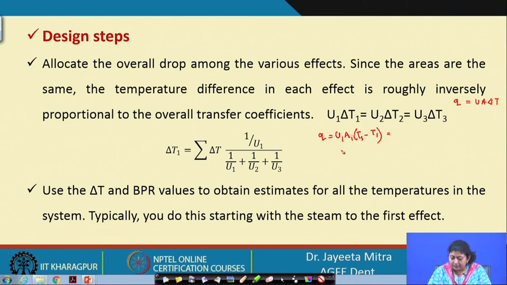So, Ts minus T1 is equal to Q by U1 A1. Similarly, T1 minus T2 is equal to Q by U2 A2,